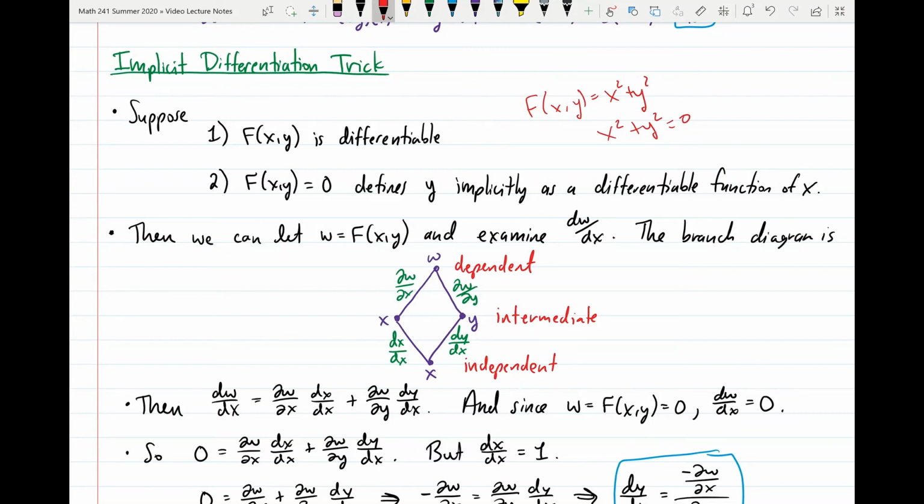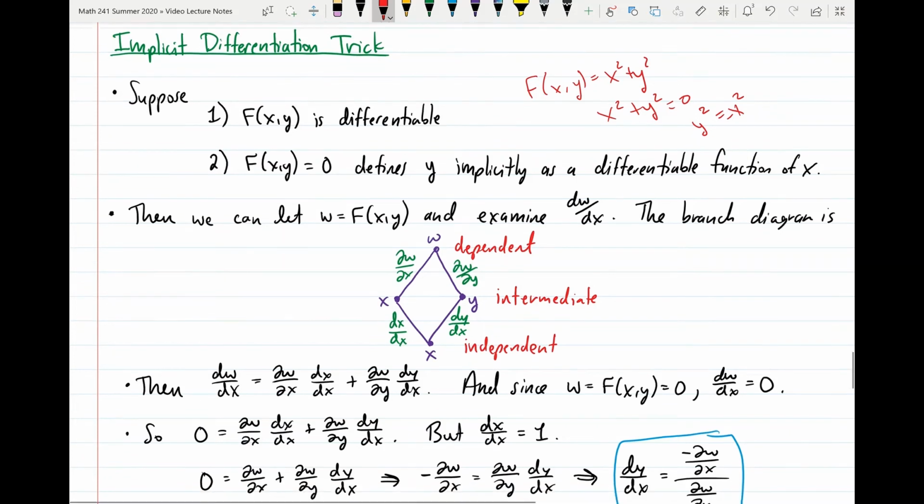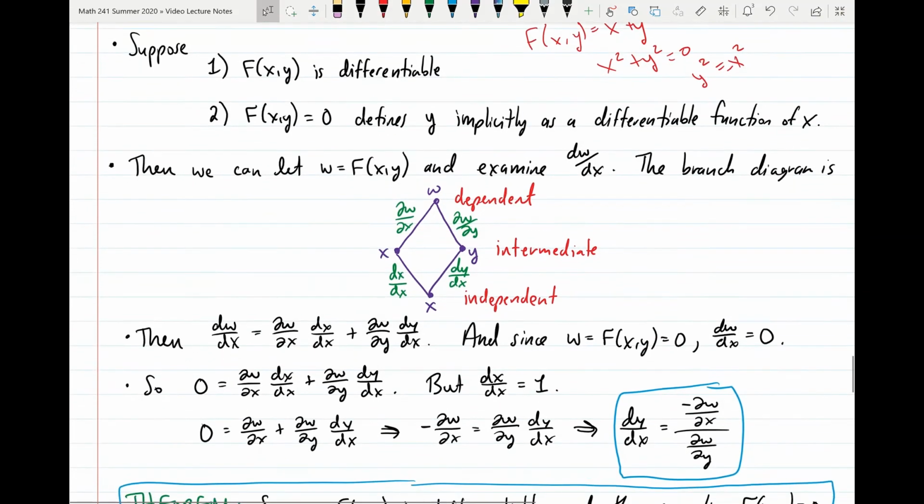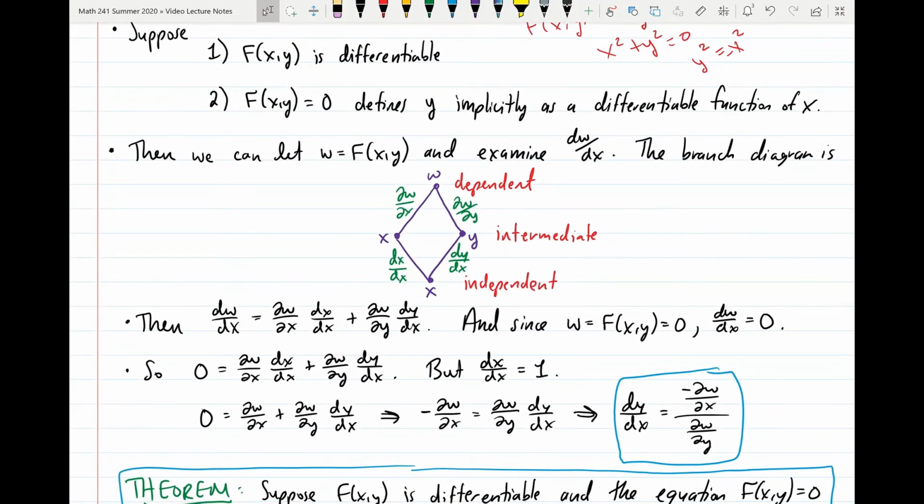this is actually defining a function y in terms of x that you would get by solving for y here. So y squared is equal to minus x squared. You could take the square root, and then you get a function for y in terms of x. That's all I mean when I say that setting the function equal to 0 defines y implicitly as a differentiable function of x. So when this is the case, then we can let w equal F of x, y,